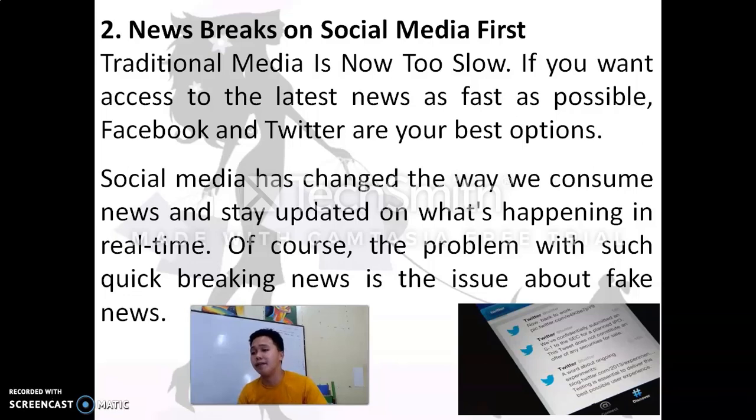in the real time. Of course, the problem with such quick breaking news is the issue about fake news. So ito lang yung pinaka-main concern, no? Since information today are easy to access in the different social media platforms, ang kalaban naman natin is the fake news. No, maraming news, but the question, are these news reliable? Are these news true? So kailangan if you